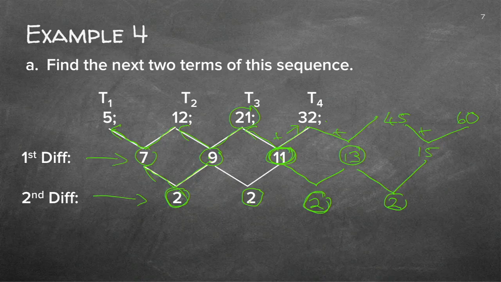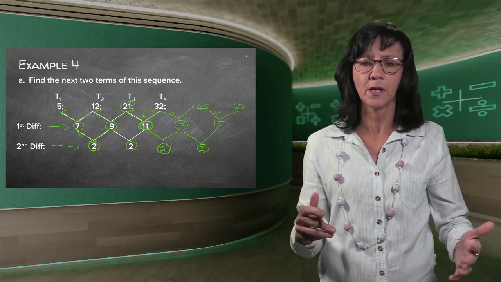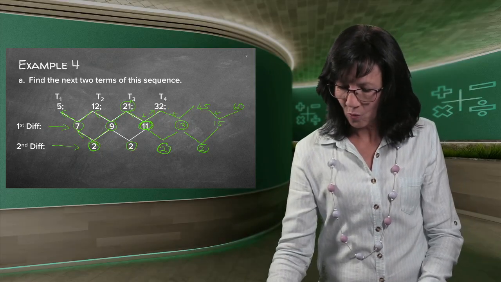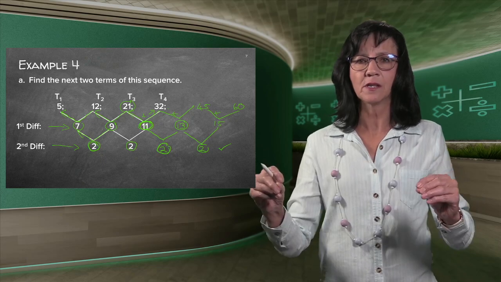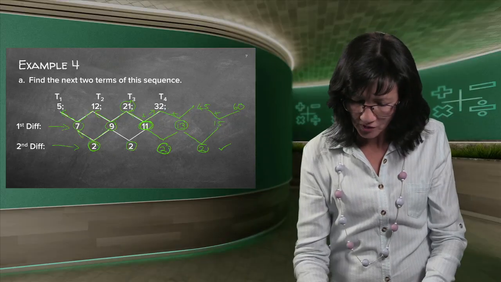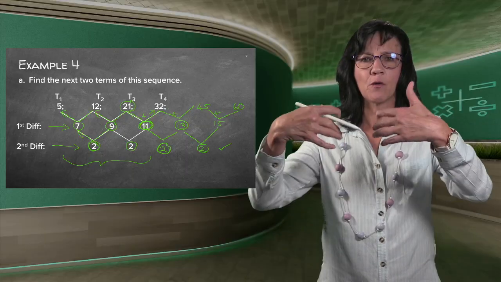So when they do this, also an exam question, they many times, actually most of the times, they ask you to find the next one or two terms, just to see if you understand the pattern. The bottom is always the same, the second difference. So I have to work from the second difference backwards. And luckily, you've got lots of examples here to check what is done with the second difference if I work backwards.